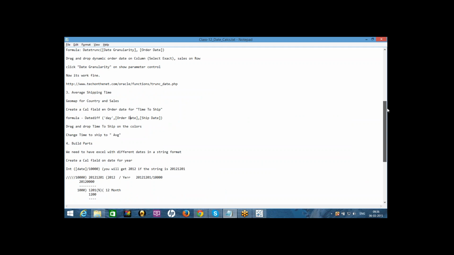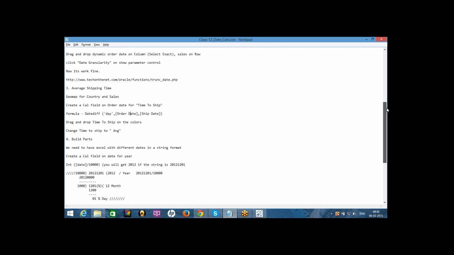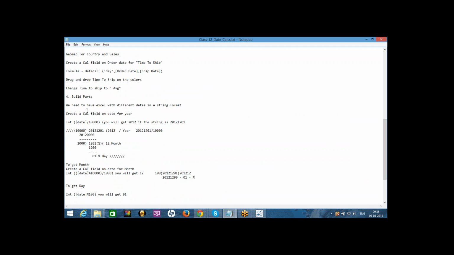And the fourth one is something which is a real-time problem. Usually, when we get a date from a data source or an Excel sheet in a predefined format, that's fine. Tableau can understand the date and assign the date data type, and we'll get the automatic granularity and everything.